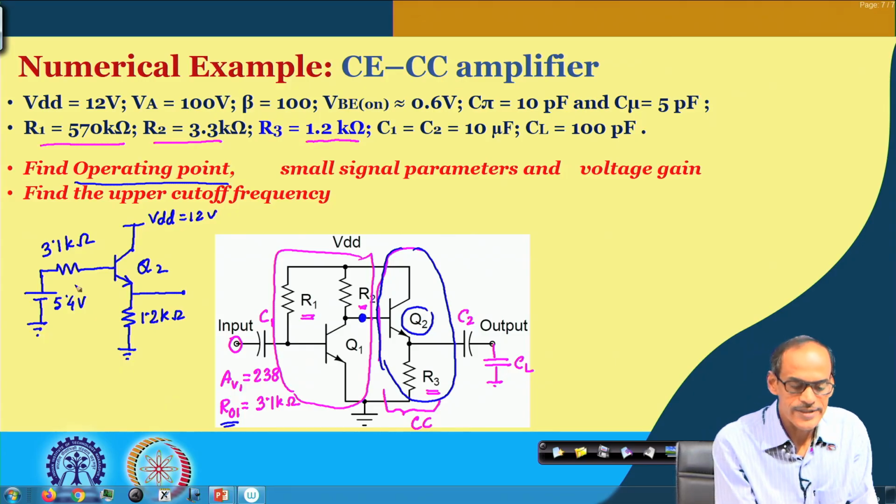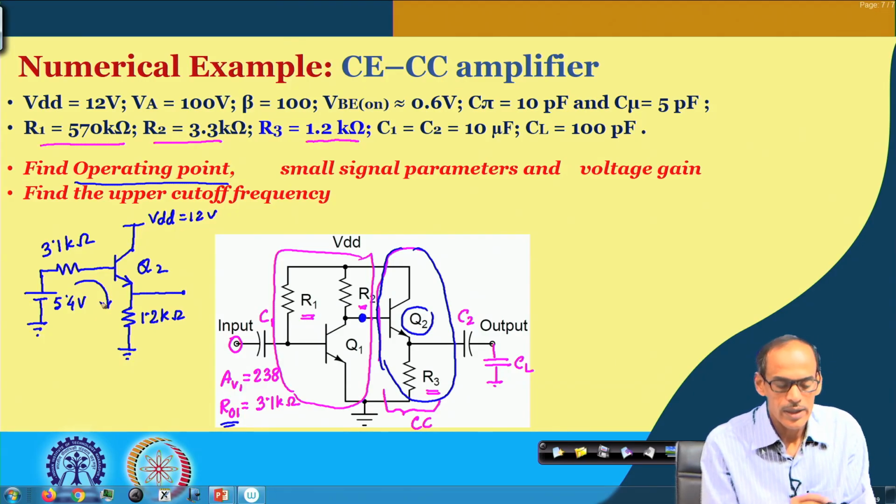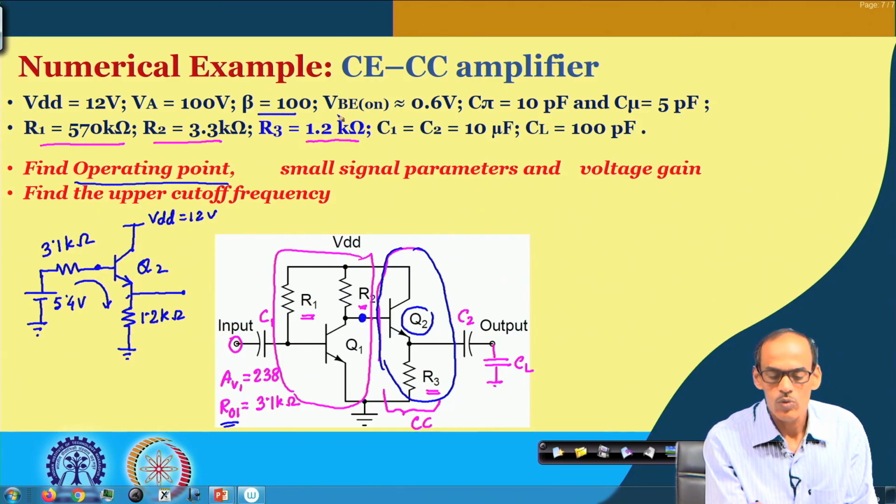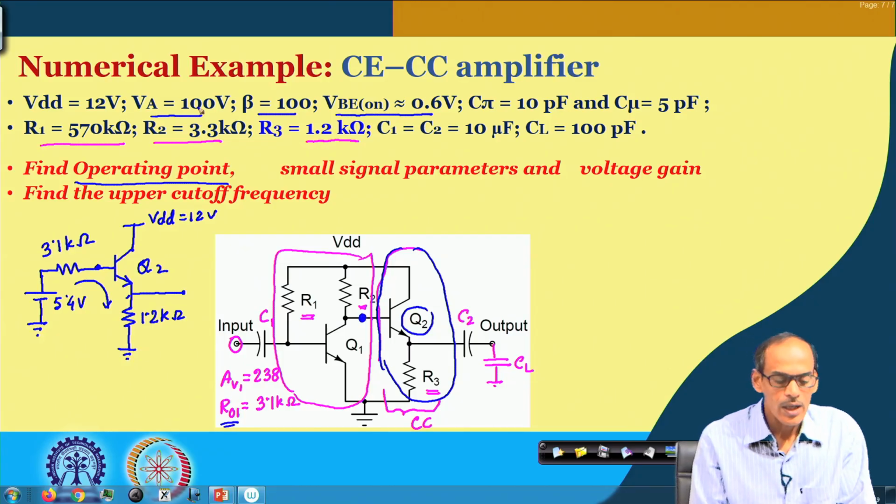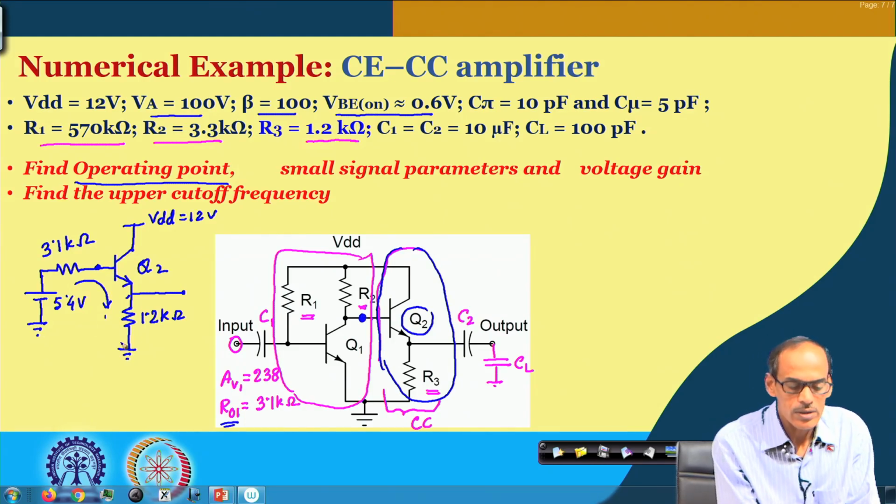Now, if I analyze this circuit, and again if I consider the device parameters same as Q1, namely VB, beta and early voltage, it is the same. Analyzing this loop, what we can get is the value of IB, the value of IE, and so on. You may ignore the drop across this resistance due to the flow of IB. So, you can say that this 5.4 volt is directly coming to the base. So, we can say that VB2 is approximately equal to 5.4 volt,